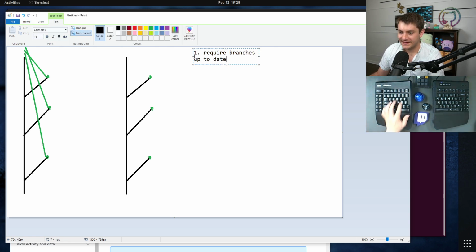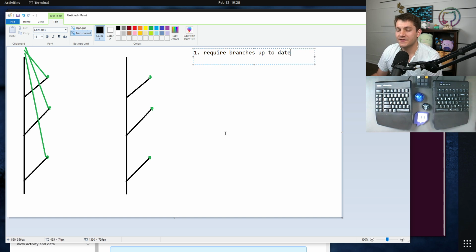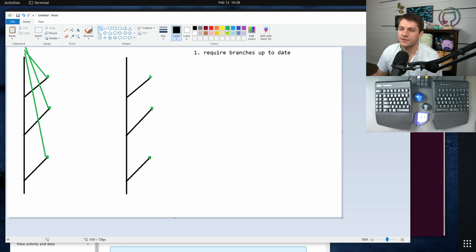Branches up to date setting, what happens here is as soon as one of these branches merges, so let's say that this oldest one merged first. Actually, it's impossible for this oldest one to merge because it would have to be up to date first. But let's assume that this oldest one rebased, got a green branch, and then merged. So this is after rebasing on the latest tip. This would force all these other pull requests to have to rebase their branches, and then they would be mergeable